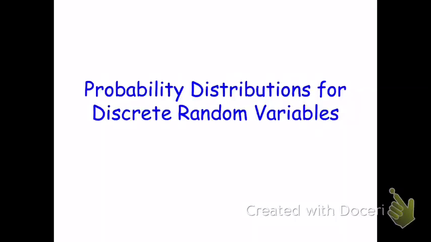So we talked about the difference between continuous and discrete. Continuous, remember, is something that you measure. Discrete is something that you count. So in this chapter specifically, we're going to learn two types of discrete variables and how to find the probability